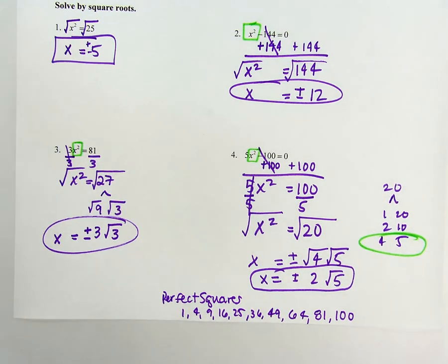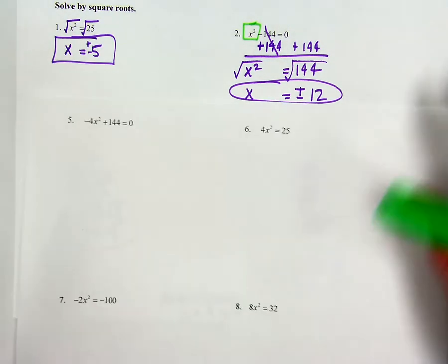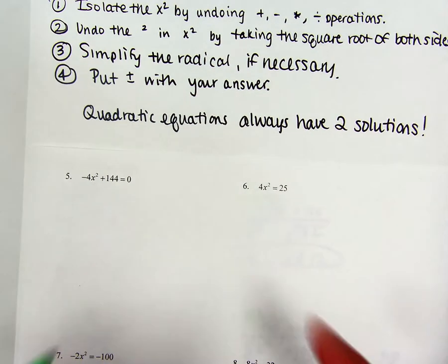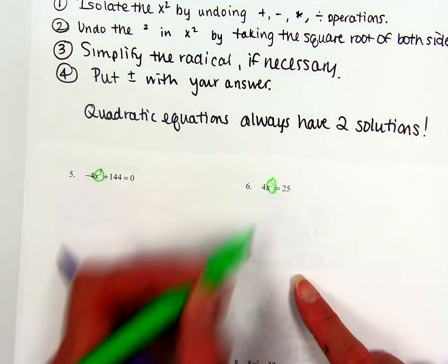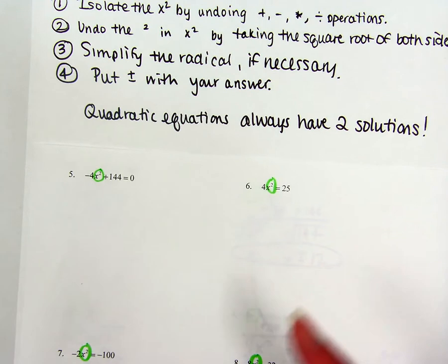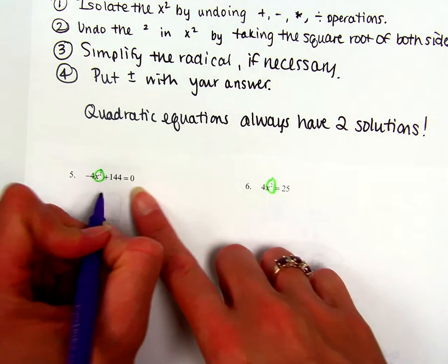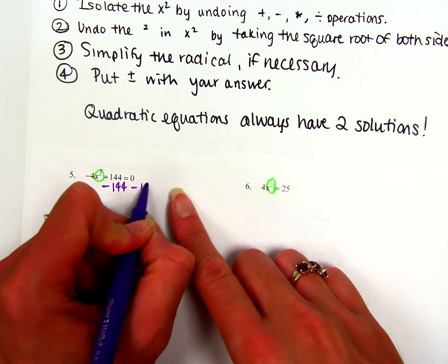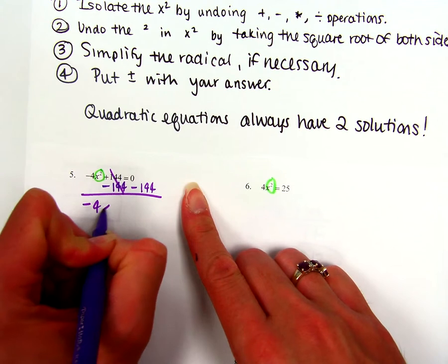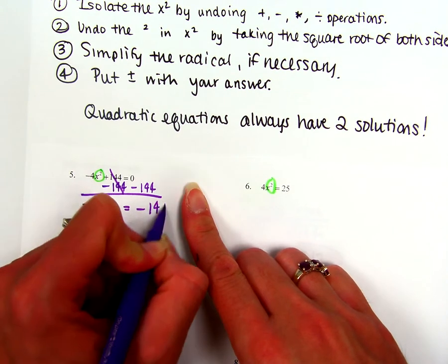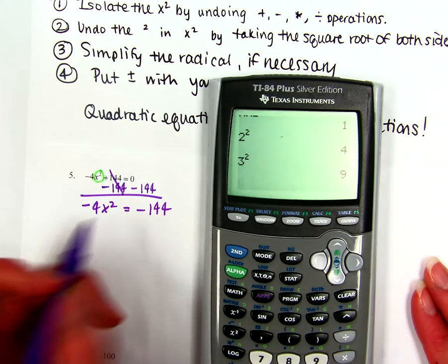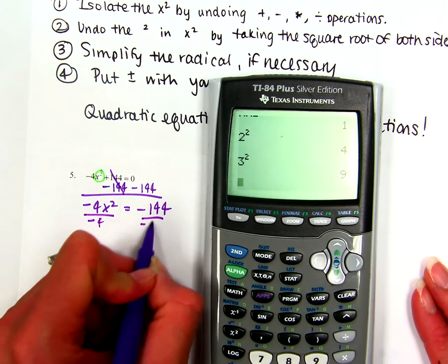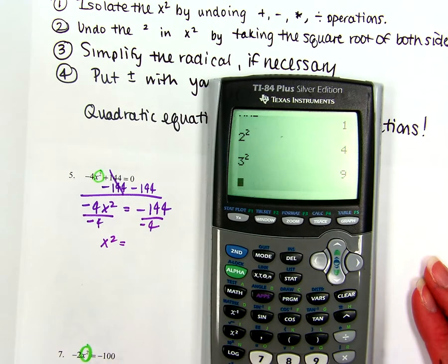Okay, flip over to the back. We've just got 4 more problems to try. All right, so x squared we need to get alone, so you always want to solve for your x squared here. In problem 5, you want to undo adding and subtracting before you undo multiplying or dividing. So we have negative 4x squared equals negative 144. Then we need to divide both sides by negative 4, and we get x squared equals